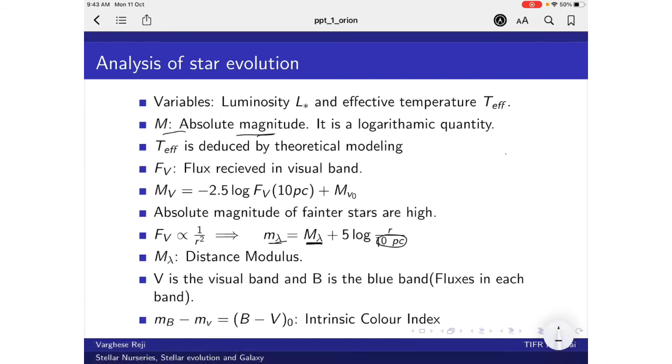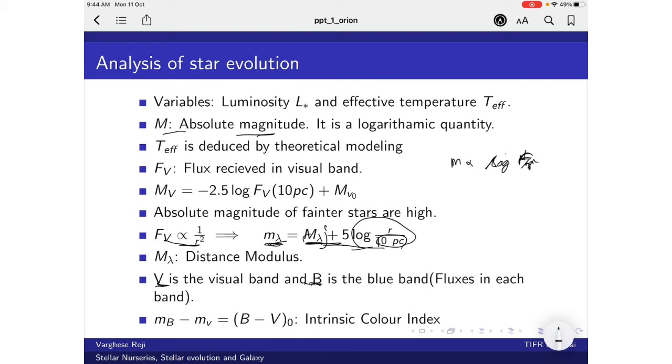So when we think about it, we take this m_V as something proportional to log of f, which is the flux. Then we know that the flux is dependent on 1 by r square, so we replace 1 by r square there. Then after some rearrangement, if r is 10 parsec, we get capital M. If some other value, we will get this thing plus some other quantity. So that will be small m lambda. Lambda is the wavelength. These are wavelength dependent quantities. Then this V and B are some particular wavelengths we use as standard